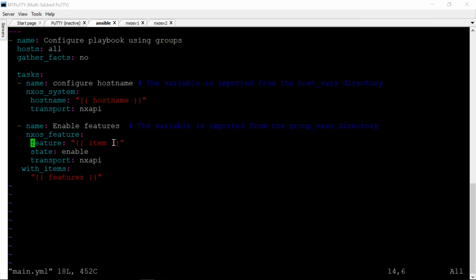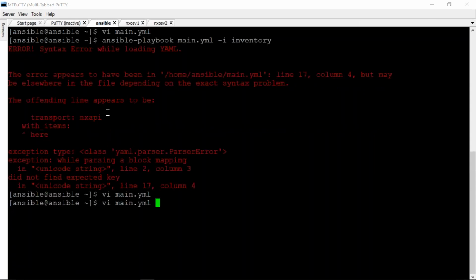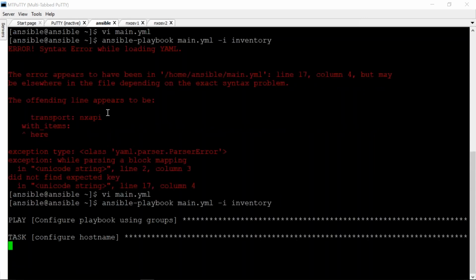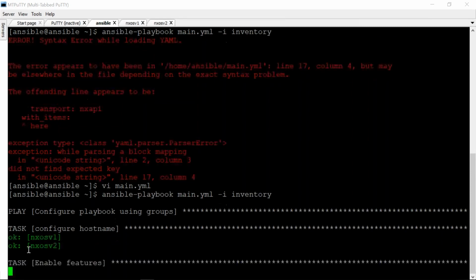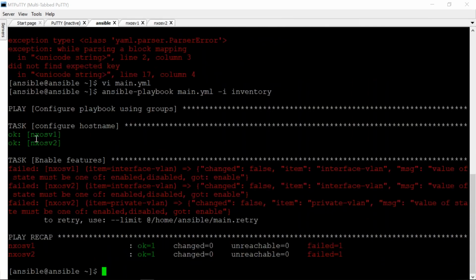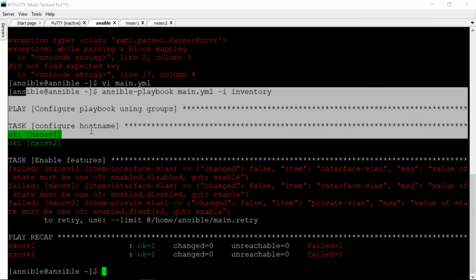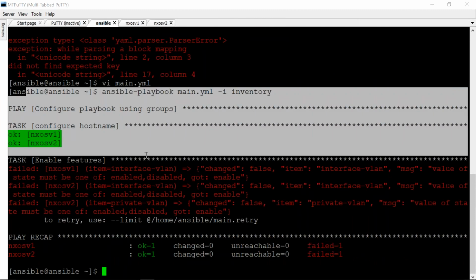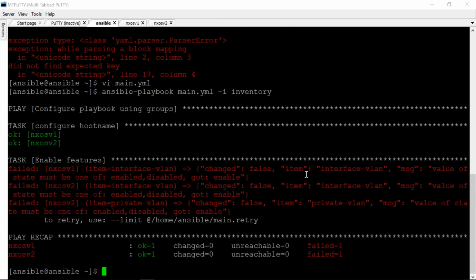So we have a syntax error at this place, and it is obvious. It should be in this particular line, and then we'll run this program. Now it is running the program. You can see configure host name NXOS, yes. So the host name program, the first task, is 100% correct. The second task